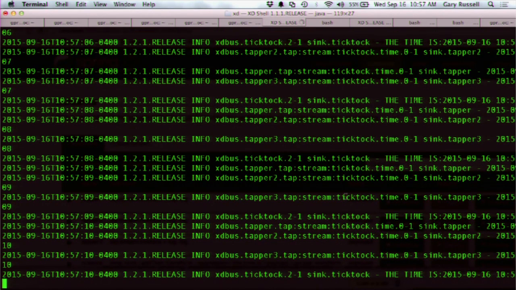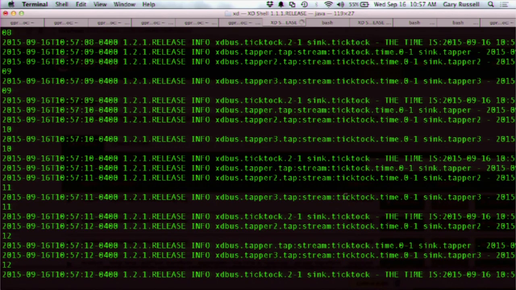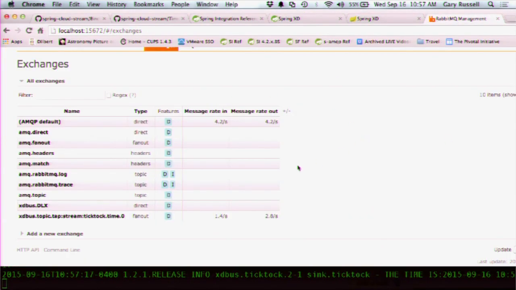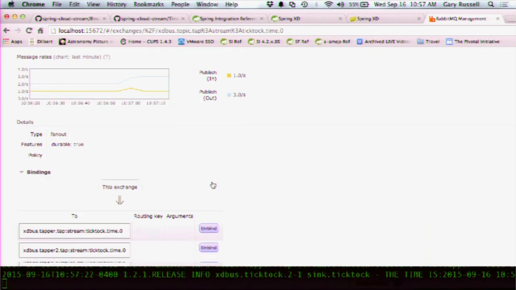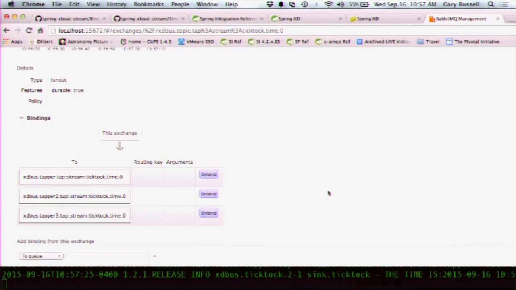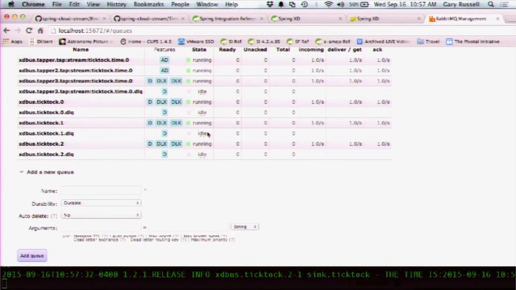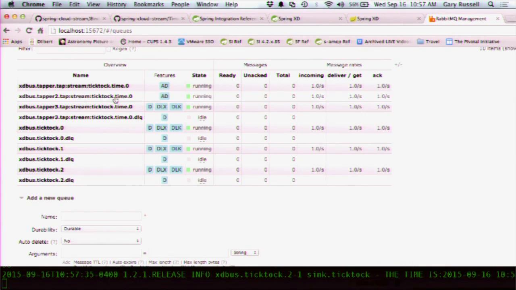We're now seeing tap of 3 in our log, and if we go to Rabbit, again we still got the one fanout exchange. It's got 3 queues bound to it: tapper, tapper 2, and tapper 3. The tapper 3 queue is now durable. It's not auto delete. So when we undeploy that tapper 3 stream,